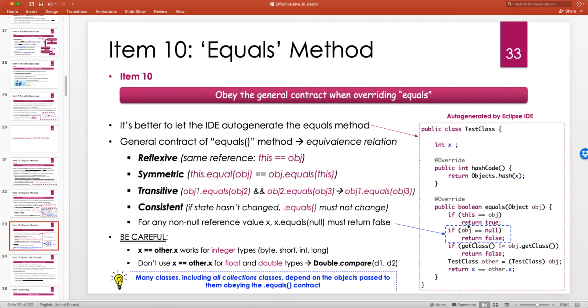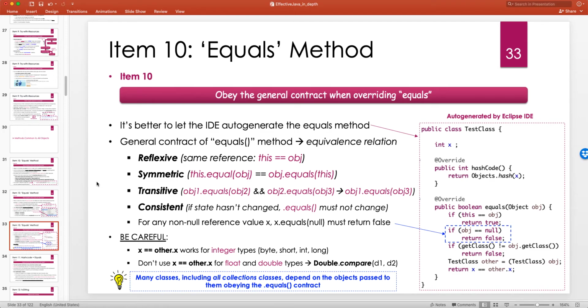It doesn't actually handle null because we immediately return with a true value, right? So we could add, for example, an else statement. But here, the first is reflexive. Any object has to be equal to itself, logically and by the pointer, by the reference. The second one is that a non-null reference,